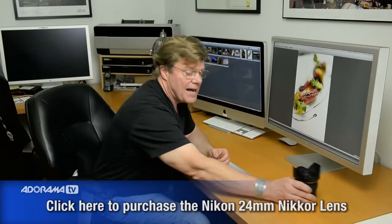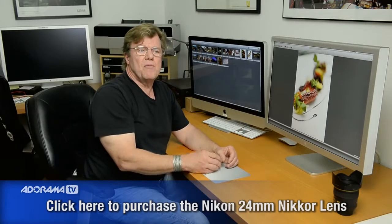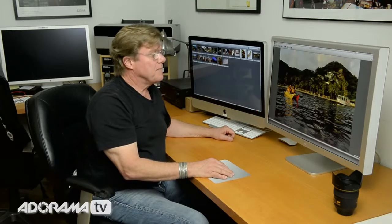So prime glass, there's all sorts of solutions out there for prime glass, but if you are going after prime glass, staying away from zooms, look at the speed of the lens. By that I mean the f-stops. How fast is it? 2.8? 2? 1.4? Wow, that's pretty cool. Be aware too that every f-stop you go open towards 1.4, it's kind of ka-ching, right? The lens gets a bit more expensive. Alrighty, now